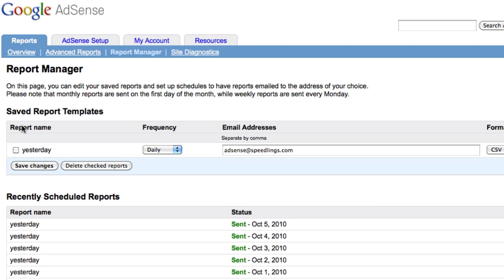Now again, this must be done every time you add new channels into the system. If you add new channels, it's going to take the report and it's going to stop sending it to Speedlings. So every time you add new channels, you must do the advanced report functionality like we just learned, and you must make sure that the report manager is dated yesterday, frequency daily, and email address